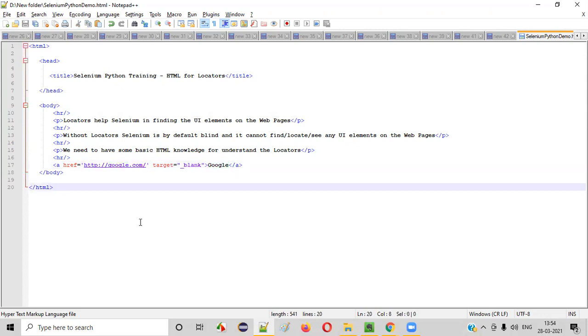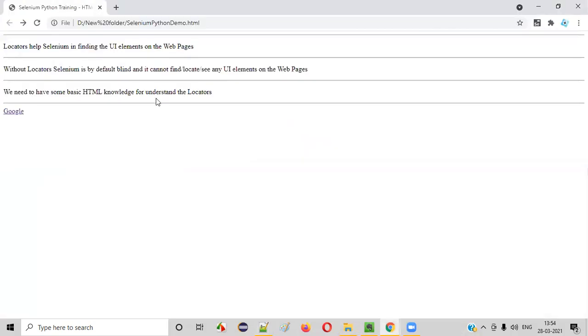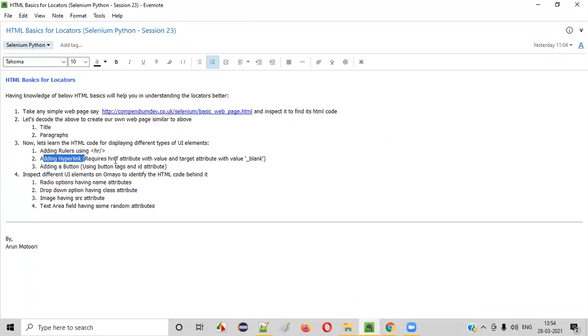Okay, fine. So I hope you understood the purpose of the attributes here. The reason I explained about these attributes is not to explain the HTML code for anchor tags. The reason I explained here is you need to understand the purpose of attributes in HTML.